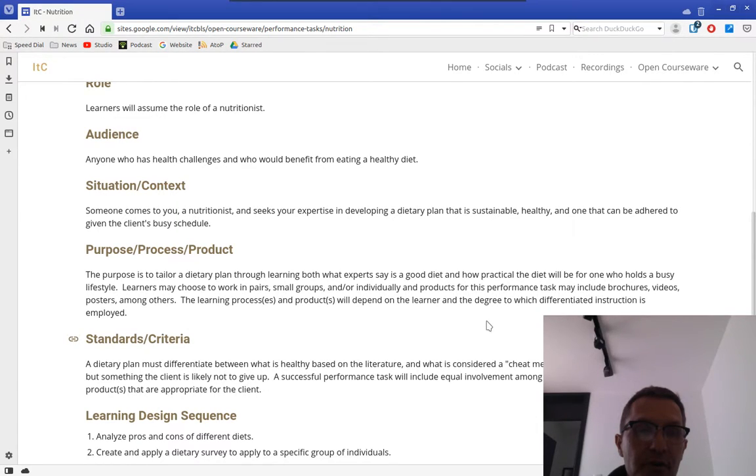Now, this final section, learning design sequence, is not officially part of the GRASP framework, but it's something that I outline. And this is very reminiscent of a project-based type of approach. And I say that very loosely, in the sense that I've jotted down 4 general types of activities that seem to be logical, or at least could be possible for this type of performance task. Again, this is going to depend very much on the instructor, but the idea here is to begin by